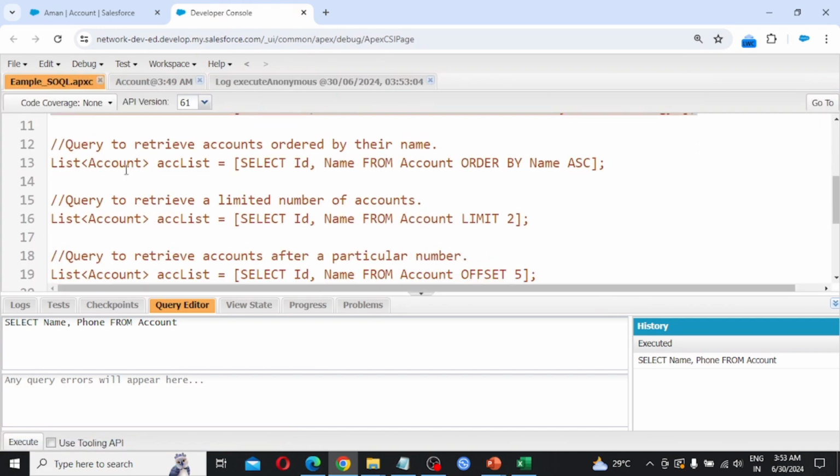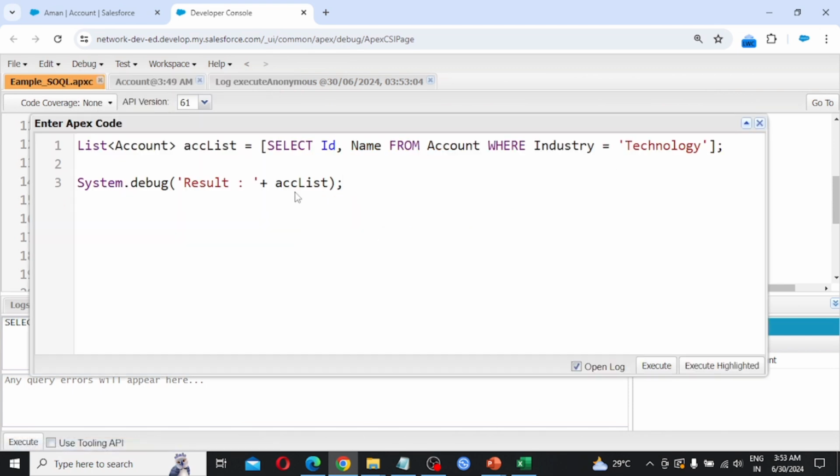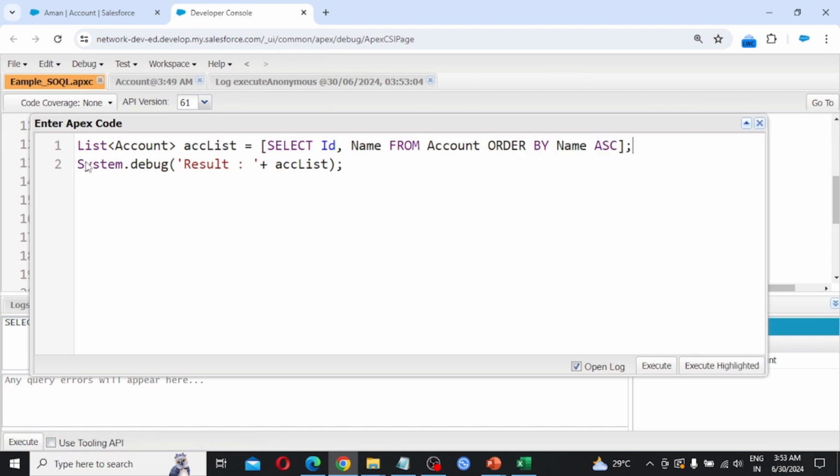So next query, retrieve accounts ordered by their name. So debug, execute anonymous window, and here we are providing the value ORDER BY Name ascending.